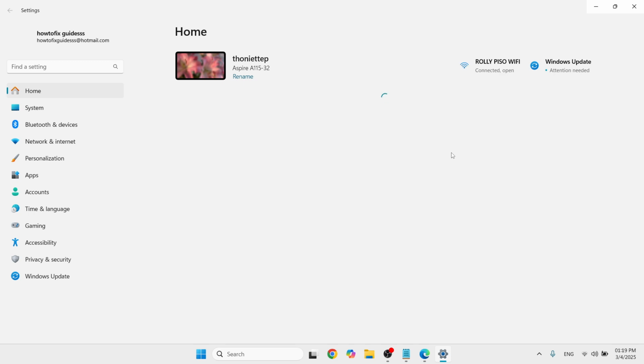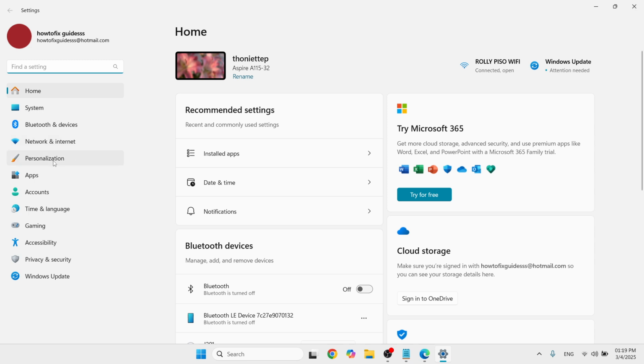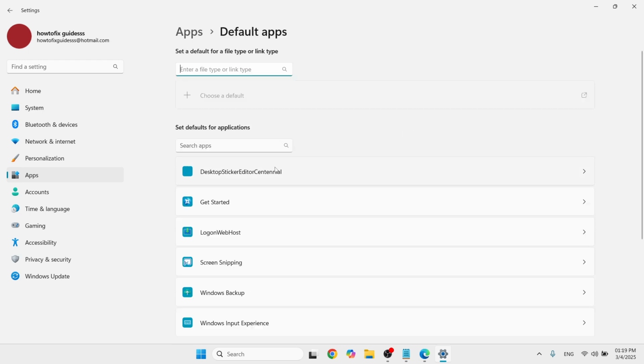Okay, so once you are here at the settings, directly proceed to the left side of it where you can see a list of the options. Here you need to go with apps next to personalization. And here under the apps tab, look for default apps which contains defaults for file and link types and other defaults. Click on it. The moment you've clicked on it, you would be able to see a search bar here